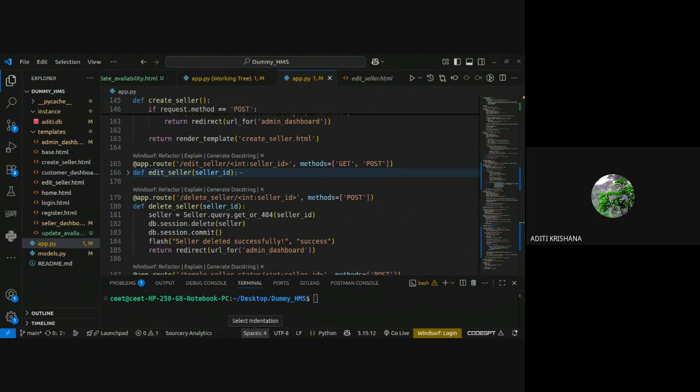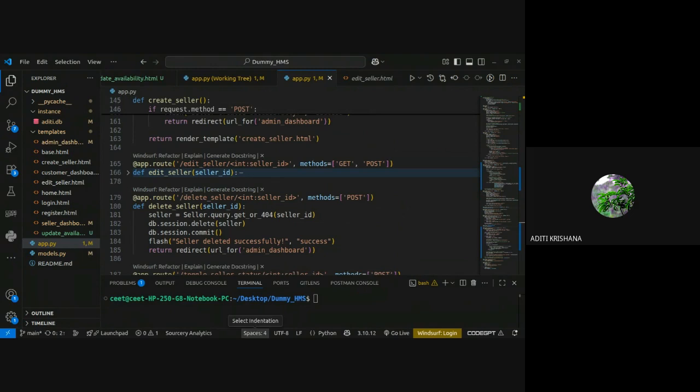Yes. So I hope this delete functionality is clear, that I have taken the foreign key. Then in the argument of the delete seller function also I have mentioned that foreign key. And then I have made a variable in which I am storing all the data of that particular ID from the seller table.